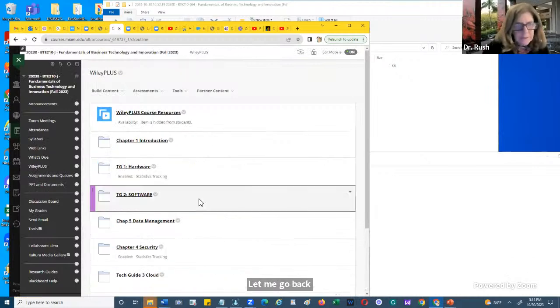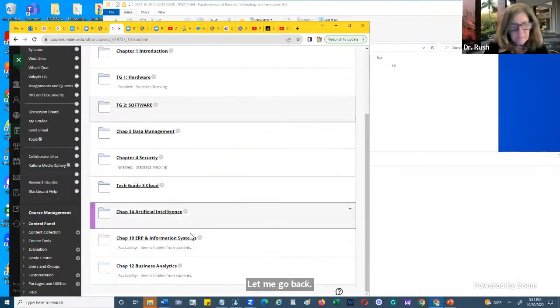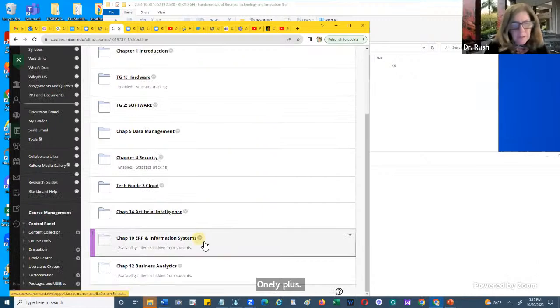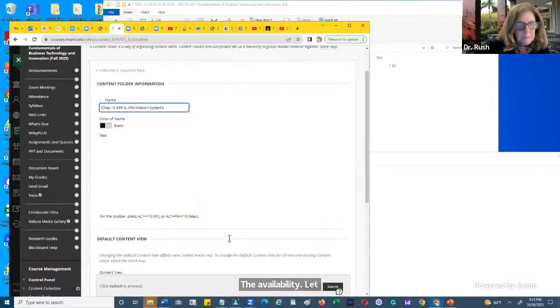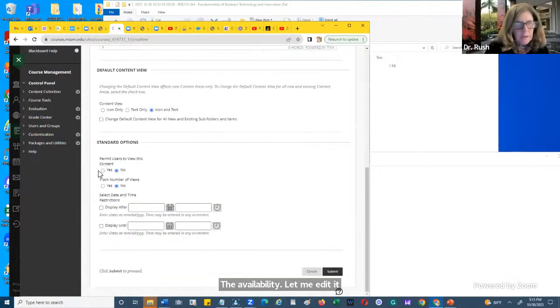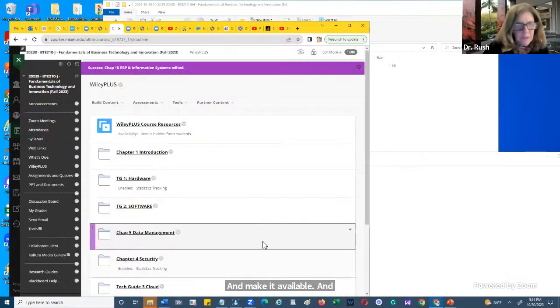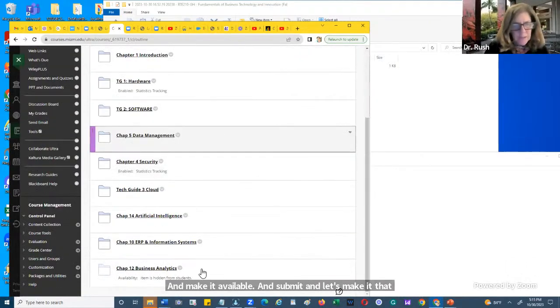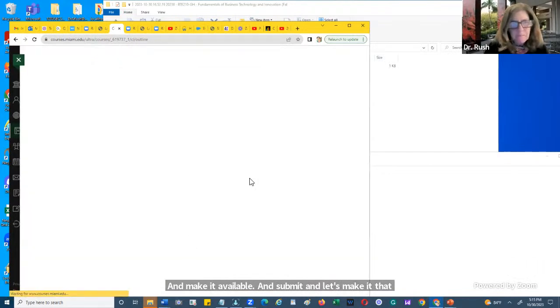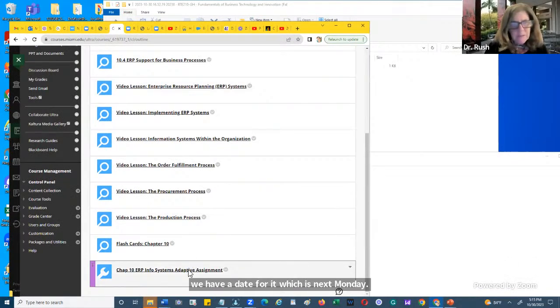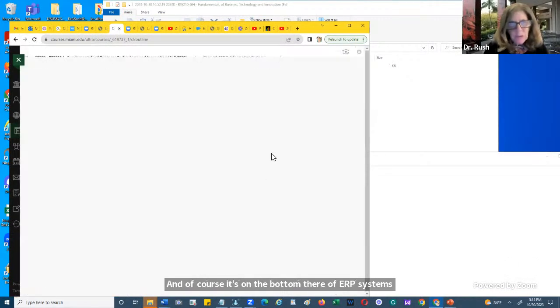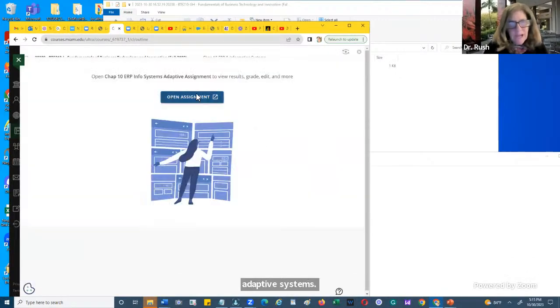Wiley Plus, the availability. Let me edit it and make it available and submit. And let's make it that we have a date for it, which is next Monday. And of course, it's at the bottom there, ERP Systems, Adaptive Systems. And let's see if it comes up. Open the assignment.